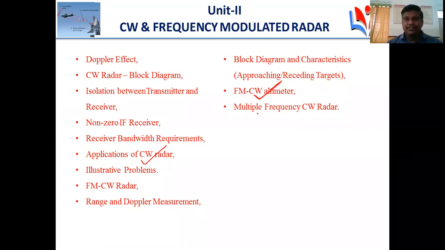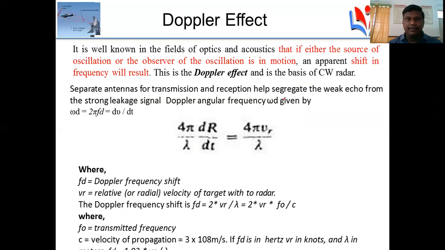After that, this is one more topic, multiple CW radar, where we can avoid the limitation of CW radar, but not using the frequency modulation process. It is done with two multiple frequencies, two signals. Let us see how we can measure the range of the target with a continuous wave radar, but not going to the FMCW radar. Let us see how it is happening.